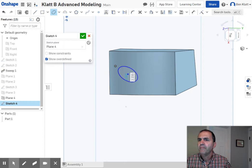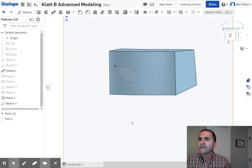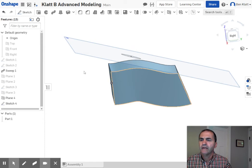Okay. You can make yours round. You can make yours a polygon. You can make it square. You can do whatever you want as long as it's not straight. Okay, finish that, and then we can extrude that